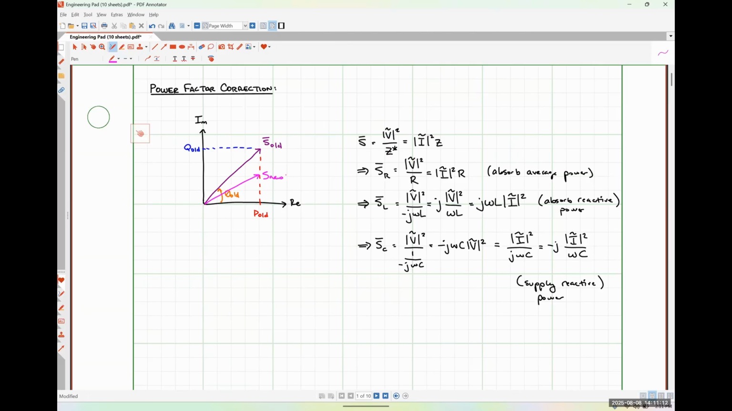So if this is our correct S new, we can see that P old is unchanged. This is going to be our new reactive power, and theta new is indeed smaller than it was, okay? So that's how power factor correction works. Essentially, we add capacitance into our system intentionally in order to have the capacitor supply VARs, or offset the amount of VARs that the inductance in our system is absorbing, okay? So